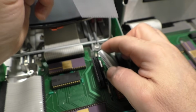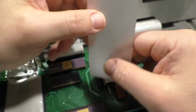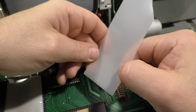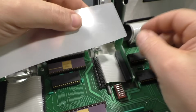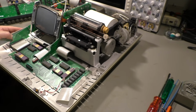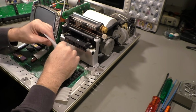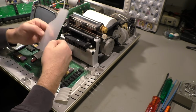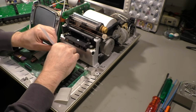Oh yeah, that works much better. So it's advisable to use the smooth face against the contact set. Okay, I leave that in. I don't need to remove that. Well, I just see there's more connectors. That's the printer connectors. I'll try the same trick here,